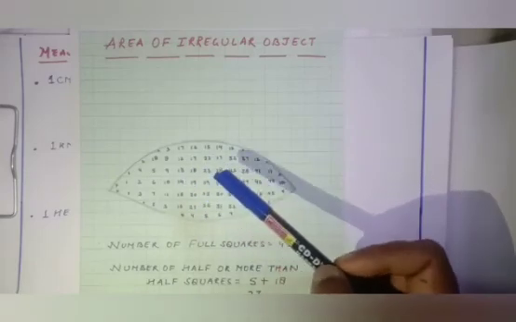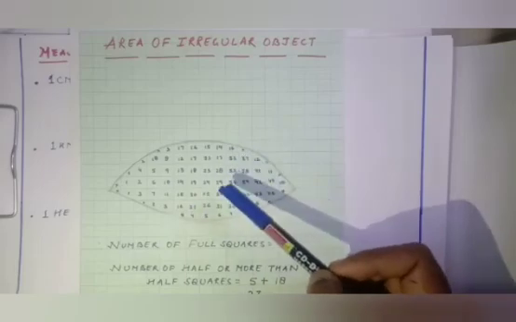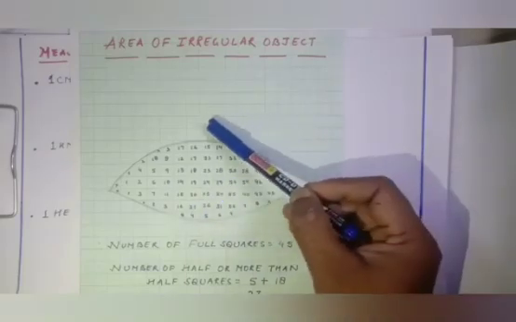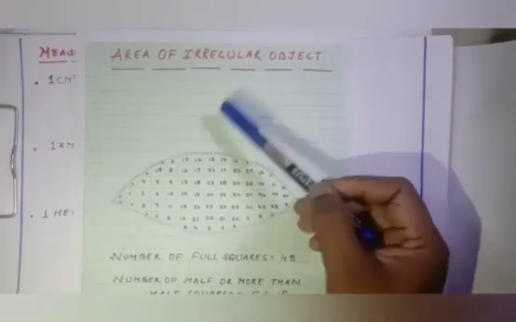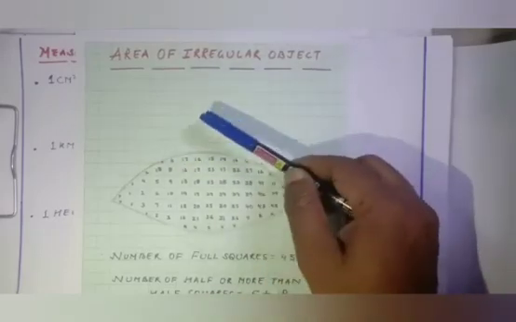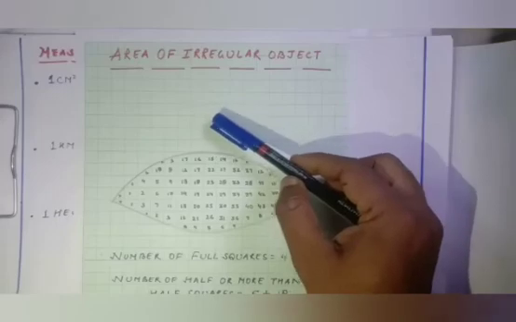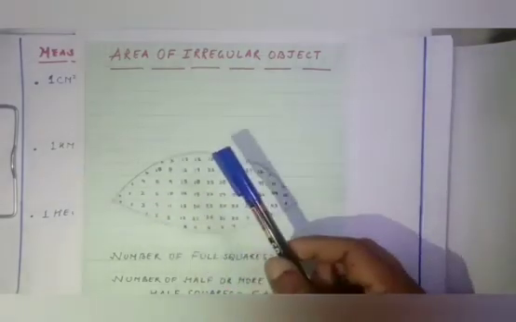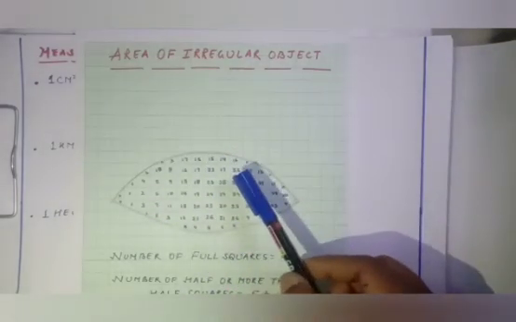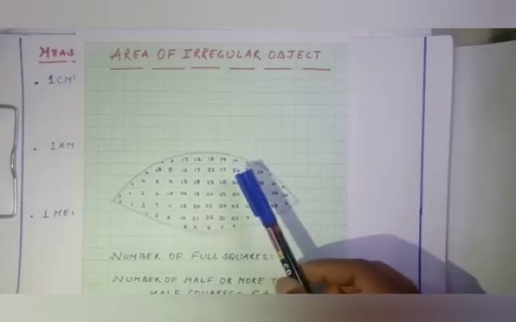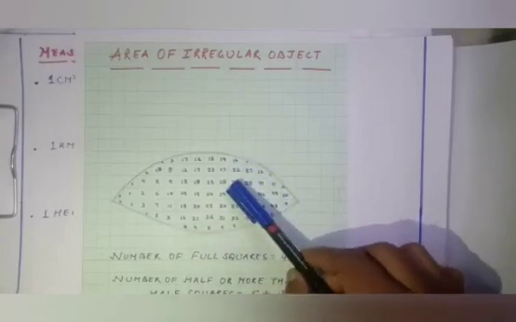It is used with squares of side 1 centimeter. Every grid is of 1 centimeter square. It is in the shape of a square. So the unit is 1 centimeter square. First of all, we are going to trace the leaf on a graph paper with the help of a pencil as shown in the figure.